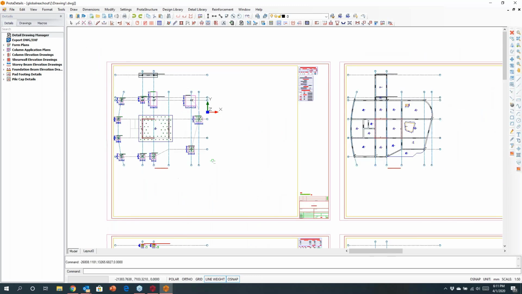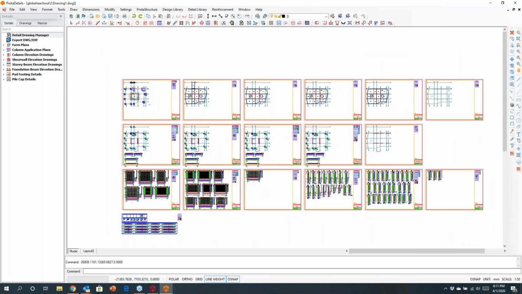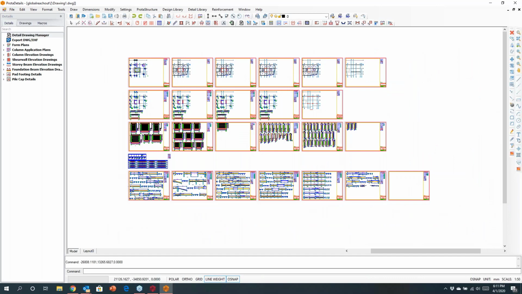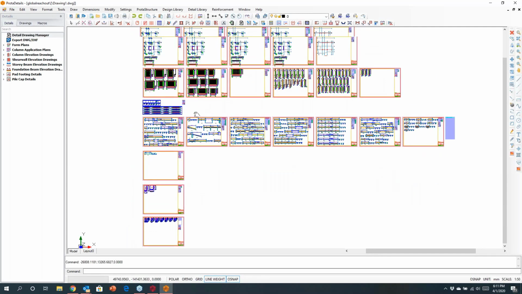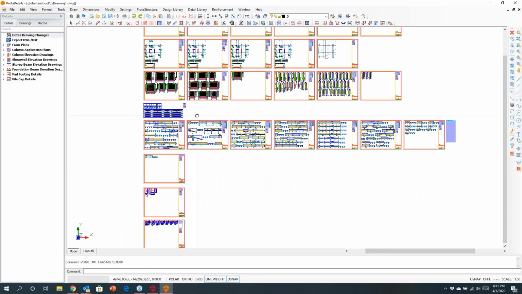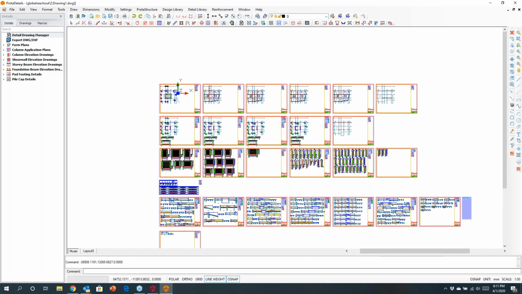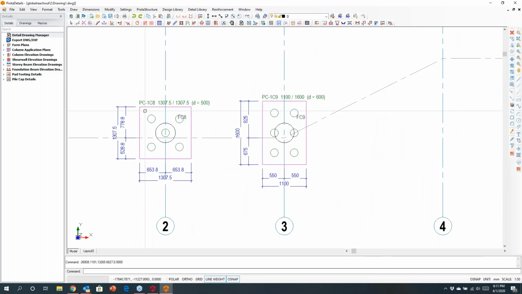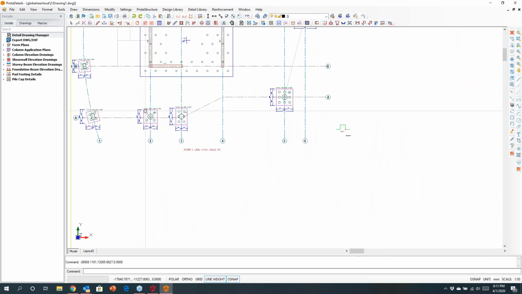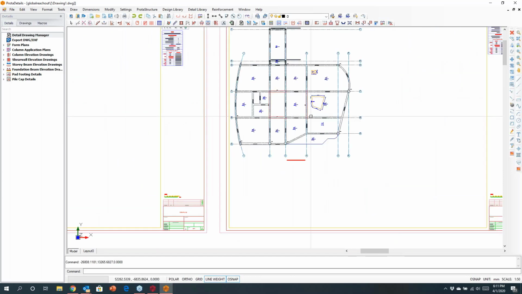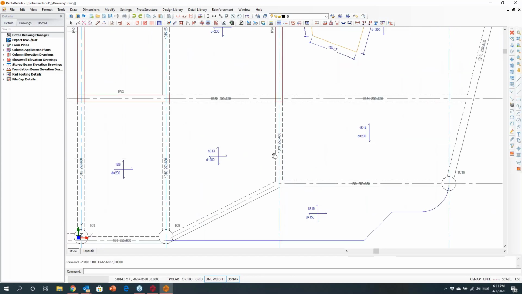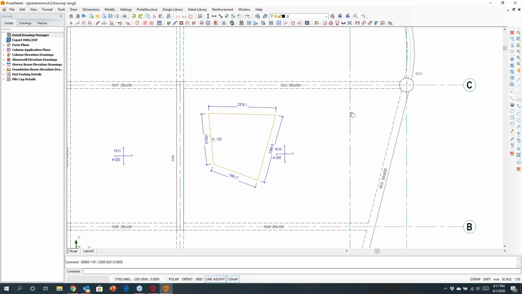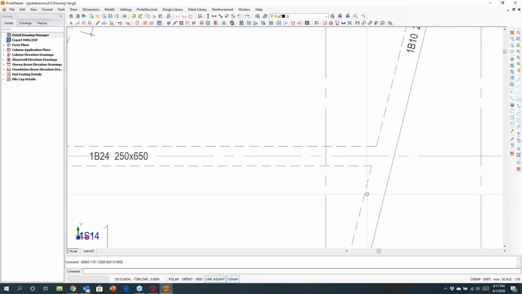And if I just come out, you can see here that we've created a number of different drawings automatically from the design. And all these have been laid systematically into your title block sheets. So if I come in here, we can interrogate these in more detail. I did show you the pile cap and foundation drawings here. Here you can see your key plans. And you can see that we've intelligently looked at the way it's drawn. Okay, if you've got an edge of the building there, you can see it's a solid line, internals are dotted,